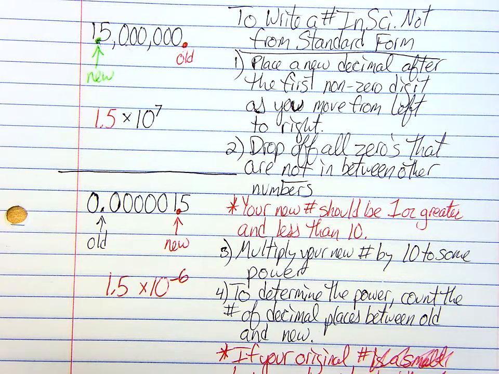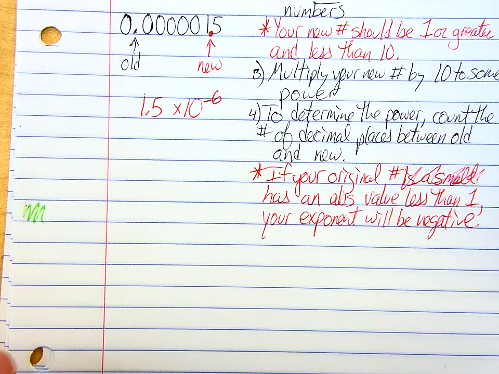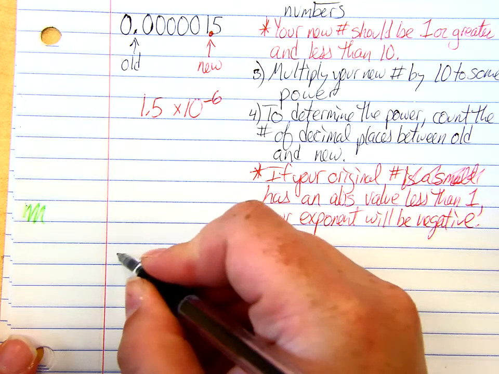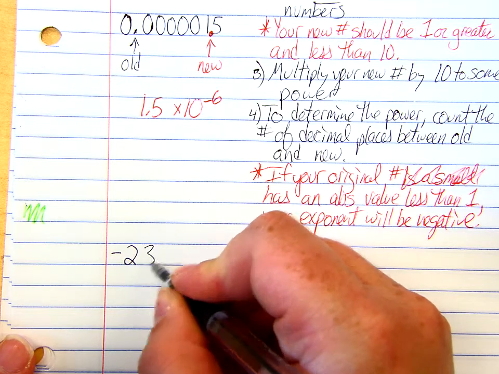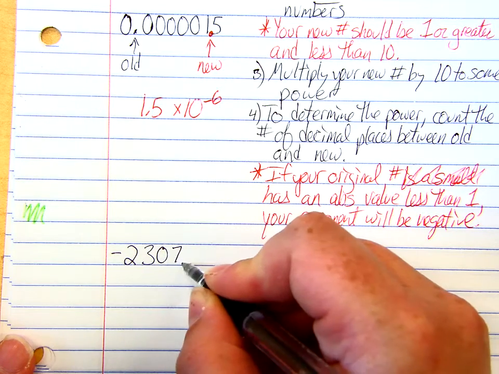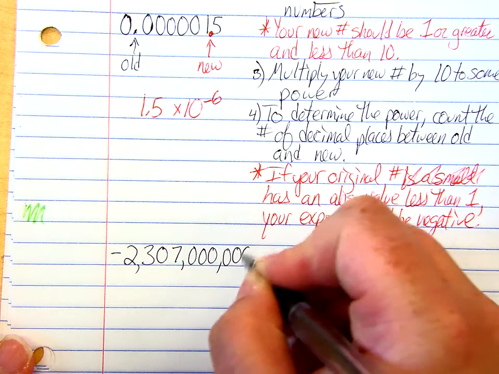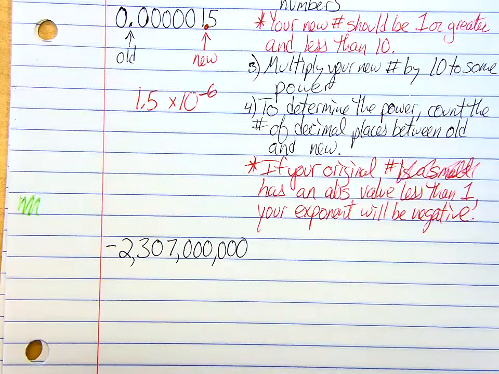Now, I told you I would do another example that had a 0 in between numbers. So let me just go down here and I'll do that. Say we had, and let's make it negative, why not? Let's say we had negative 2, 3, 0, 7. I'll do this. Say I had that number. So it's a really big number, it just happens to be negative. If I want to write this number in scientific notation,